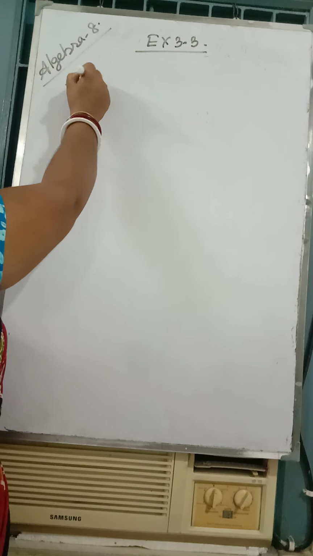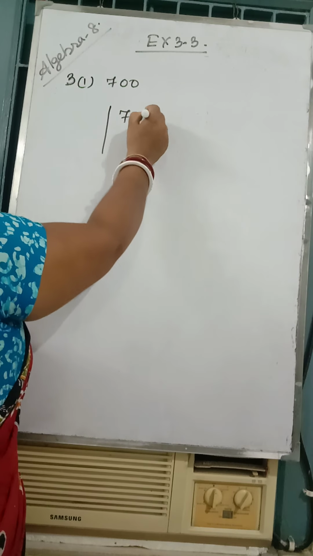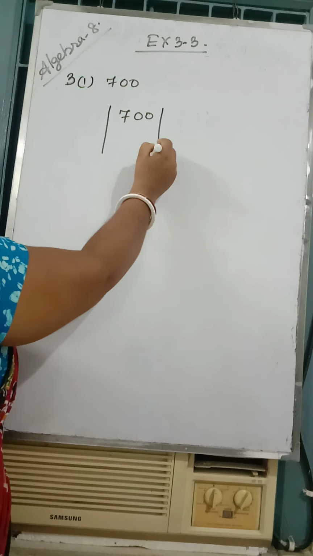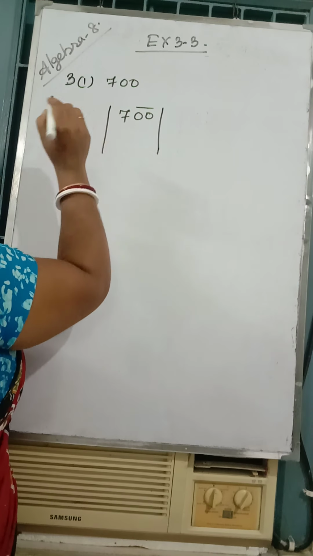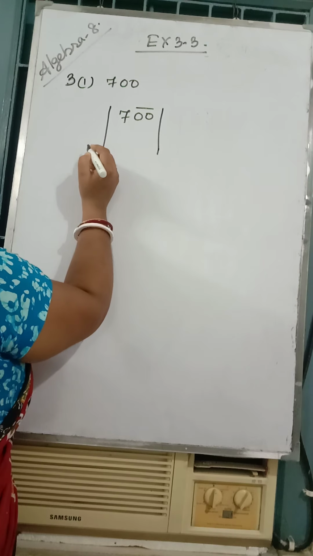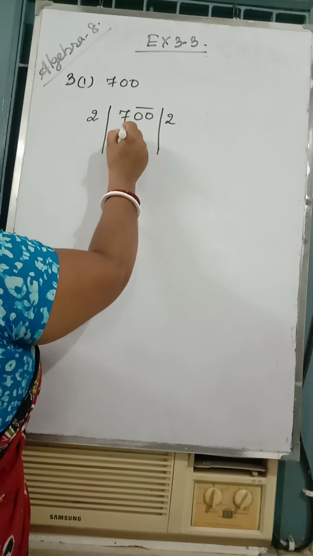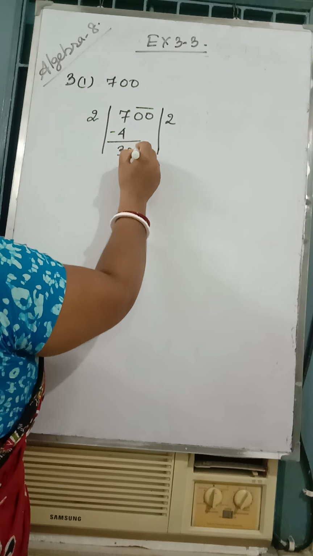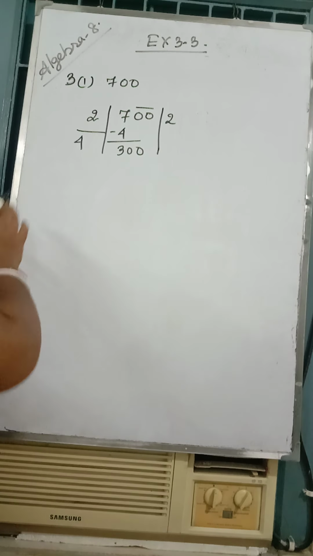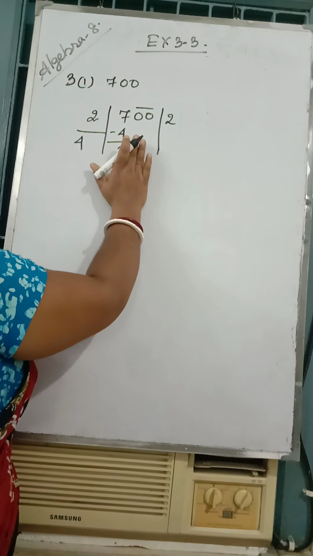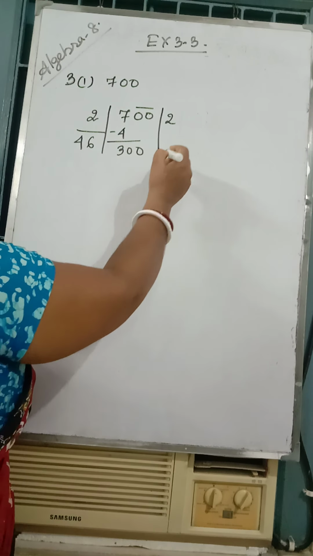Question number 3.1. The number given is 700. So we'll find the square root of 700 using the long division method. Here you compulsorily have to use the long division method. 7. Now we have to get a square number which should be less than 7. So that is 2 2s are 4. 3 is the remainder, then the double 0 is coming down. Double of 4 is 8. Now 4 6s are 24. So we'll put 6 here.